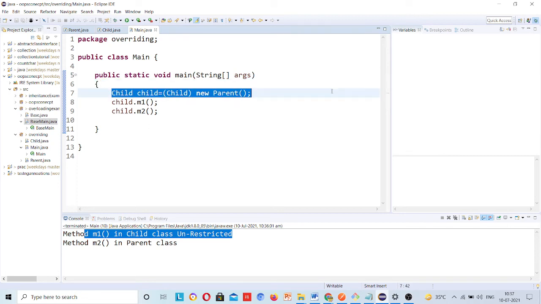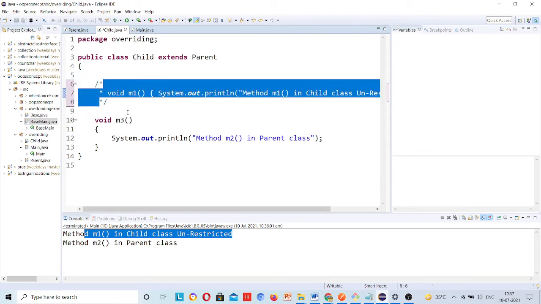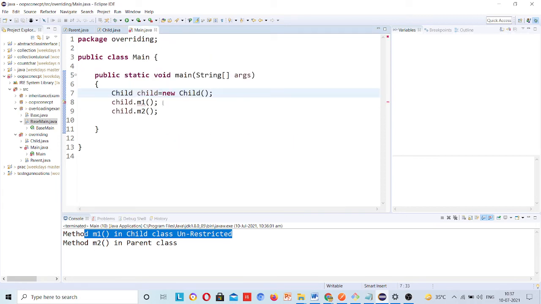Wait. Let me do it, otherwise I will, yeah. What you are saying, in the child class it will throw no error. Why would it throw an error?